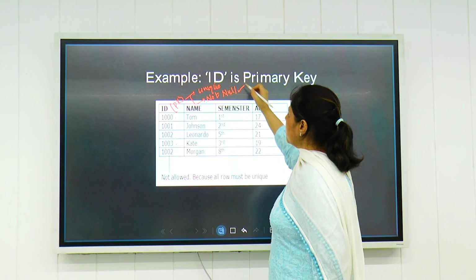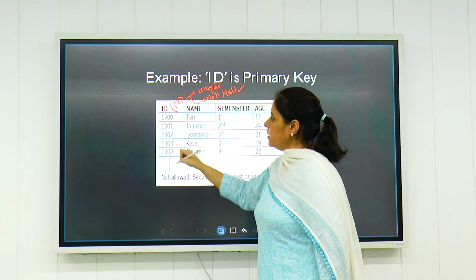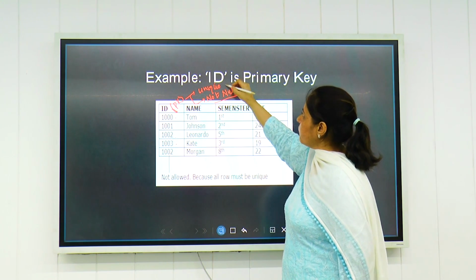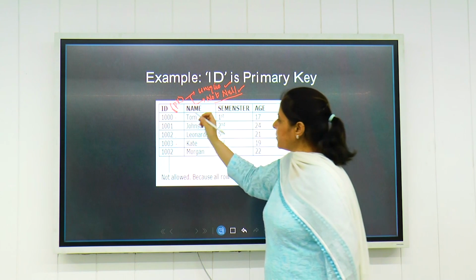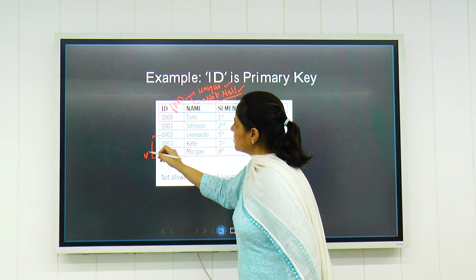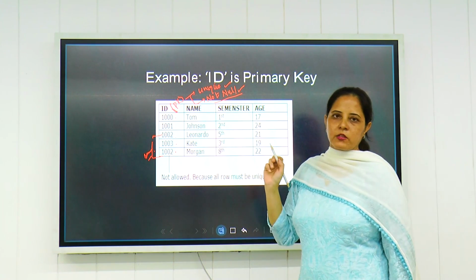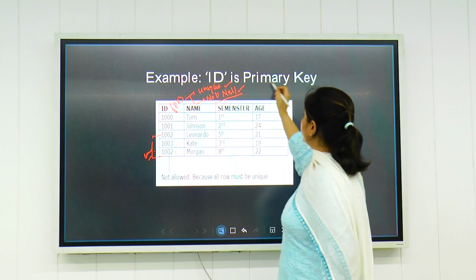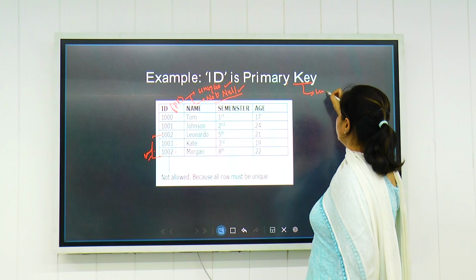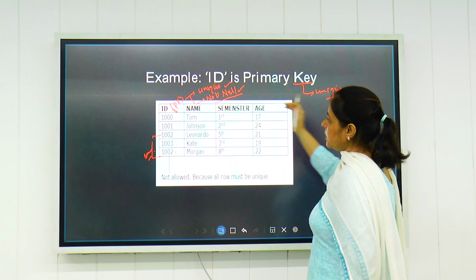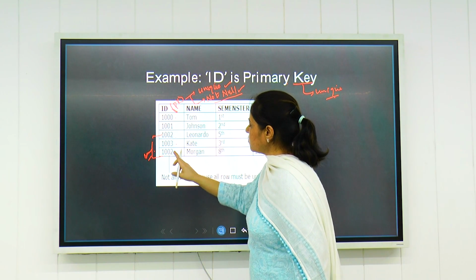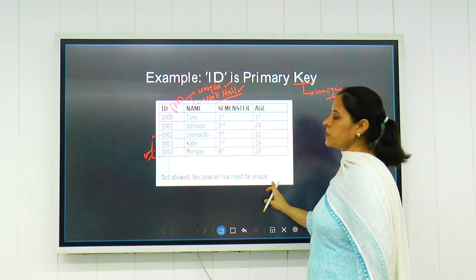Now if you see, not null is followed: every cell has a value. But have we followed unique as a constraint in this primary key? If you see these values, these 2 values are the same. So it has not followed unique as a constraint. So this primary key constraint, which must be unique, has not been followed in this example. So this is not allowed. If we put the same entry in the 2 cells, this is not allowed because all rows must be unique.